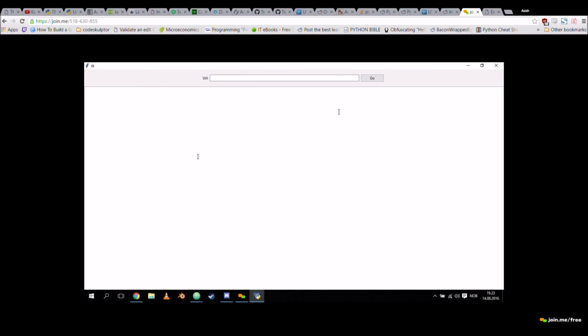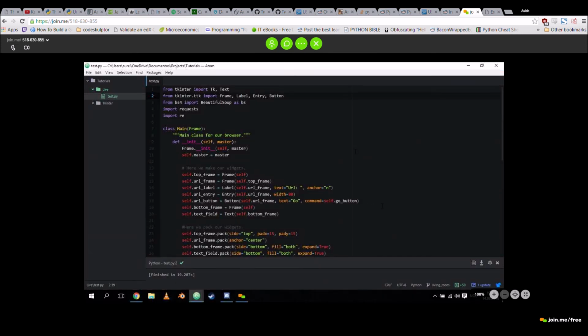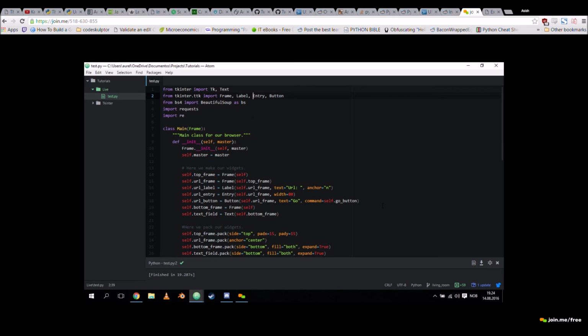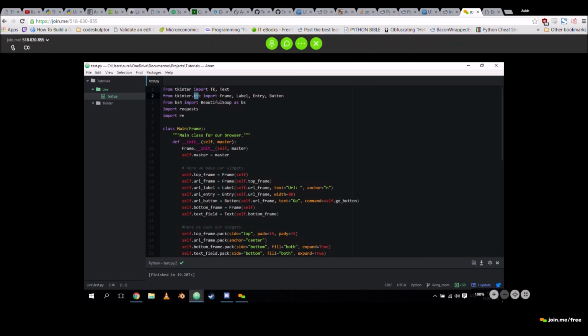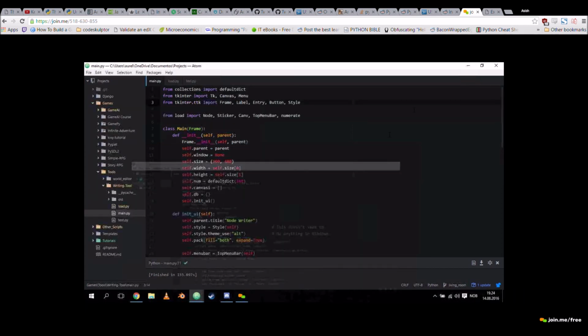That's about it. But so yeah, people were complaining for a long time about two things about Tkinter. That's why you still hear people say that Tkinter isn't really viable anymore. Number one, that it doesn't look upgraded. Well, that was more or less fixed with ttk. And number two, that it doesn't have a canvas. Well, a canvas object has been added, and it's very usable. If you use the canvas of HTML5, it's very, very similar to that. So let's take a look at my bigger project, right? So I import node, sticker, canvas, top menu bar, enumerate.